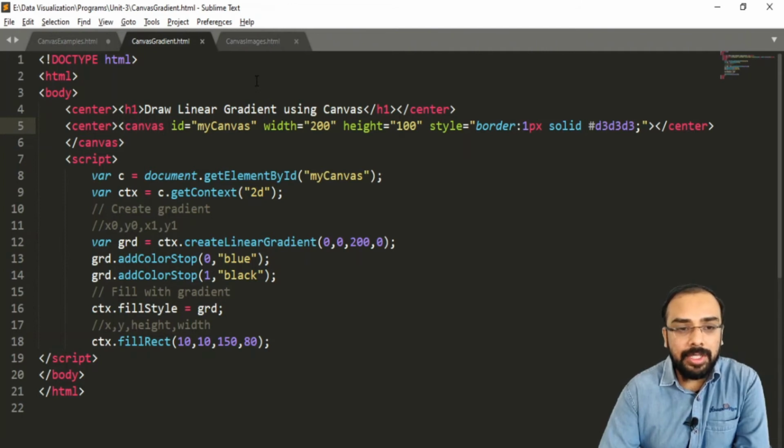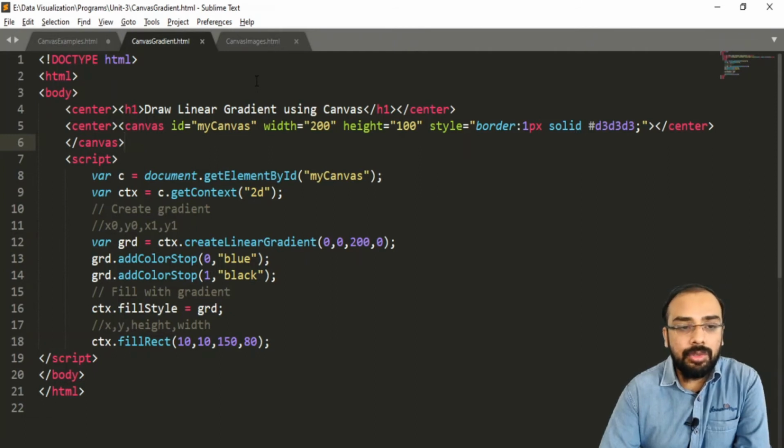Inside this I have specified the ID of my canvas, that is myCanvas. The width of the canvas is 200 pixels, the height is 100 pixels, and we have given an inline style using the style attribute, with a border of the canvas which is 1 pixel thick, solid, and we have specified some color. Then we have ended the canvas.